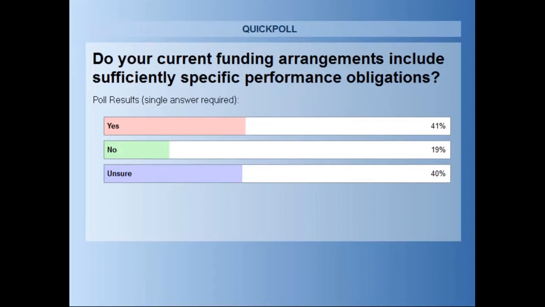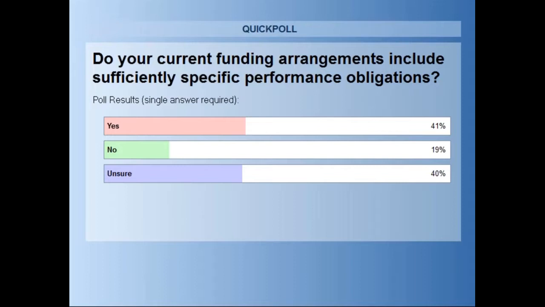We've got a lot of different funding arrangements. We'll have to put our funding arrangements together, group them together, and then do an analysis of whether we think it's sufficiently specific or not. So very interesting, and I would like to say thank you for participating. And I'll ask you some interesting questions a little bit later as well.